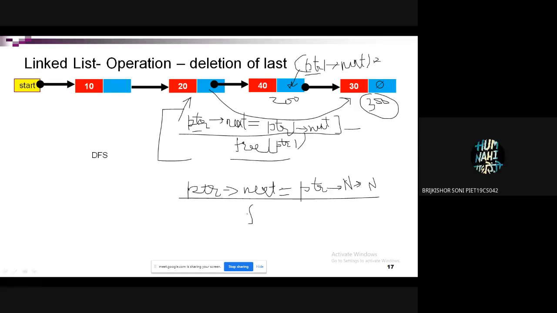And then again, wait sir, PTR next is pointing to next. Then whom will we free? PTR or PTR next? PTR next. Anybody has any doubt in this right now? PTR next is equal to PTR next to next.